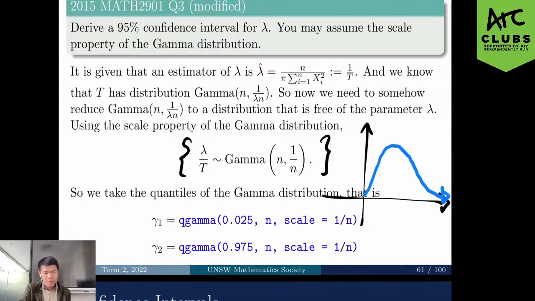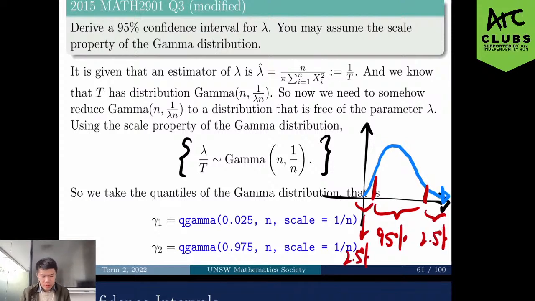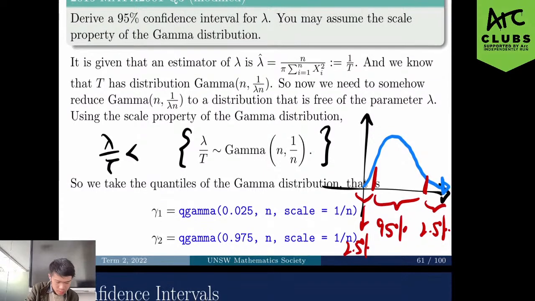Then basically we want to have two cutoffs, such that inside we have 95%, and on the bottom we have 2.5%, and on the top we have 2.5%. So in other words, we know that lambda on t lies between these two quantiles: Q gamma, 1 on n at 2.5%, and then the Q gamma at 97.5%. So that means that this thing happens